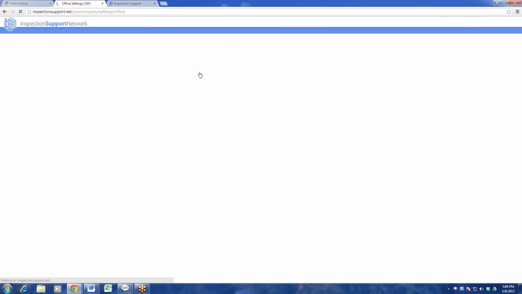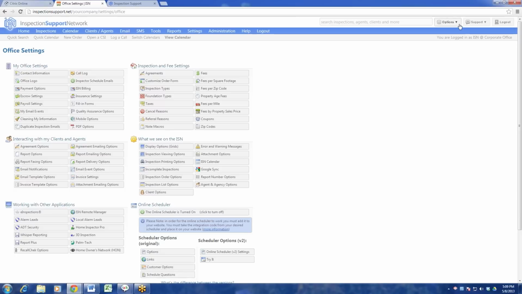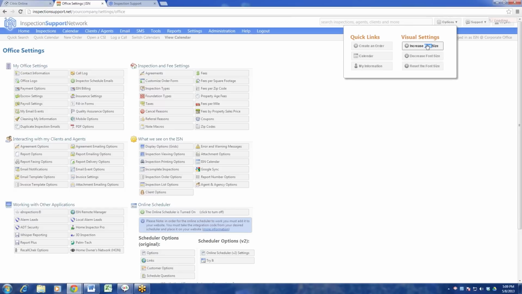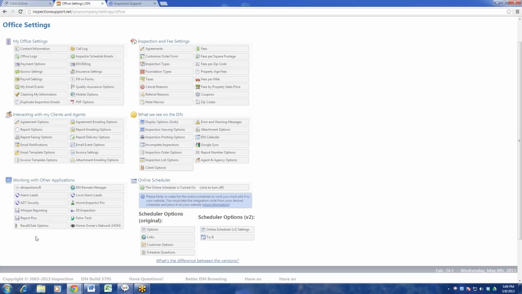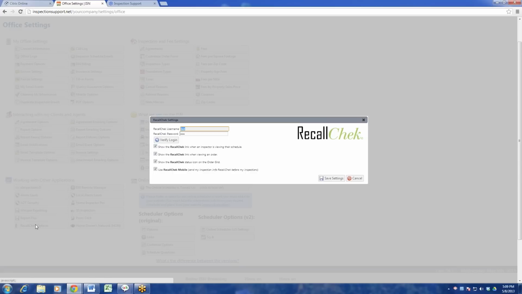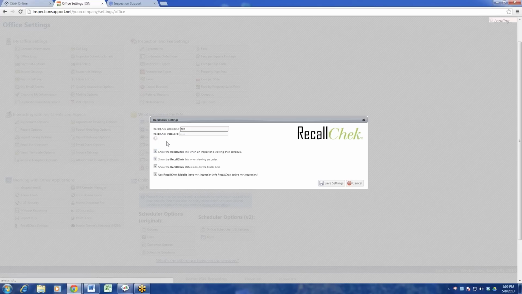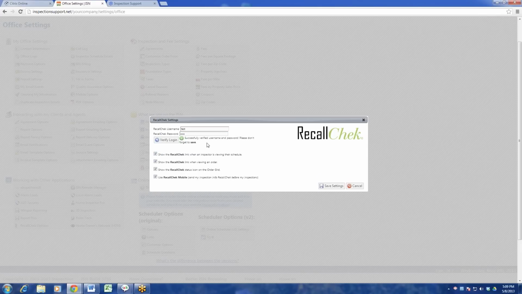And after you go to Settings and Office Settings, down on the lower left-hand side, you will see that you have RecallChek options. Once you click on there, you'll see that you have your RecallChek username and RecallChek password. You want to make sure that you put those in and then click Verify Login and make sure that you get the green Successfully Verified. Now you'll notice that Mike and I do have a test environment here for this video,